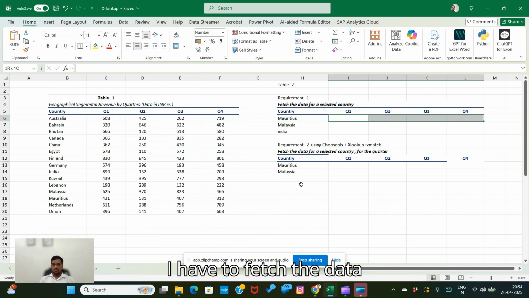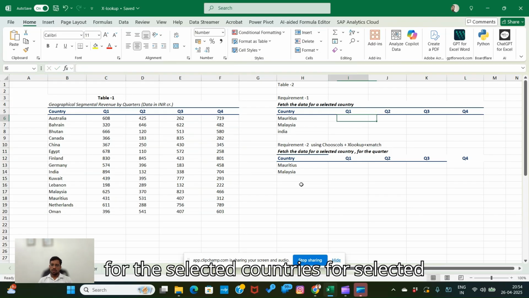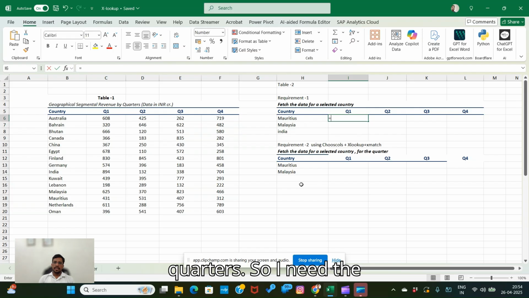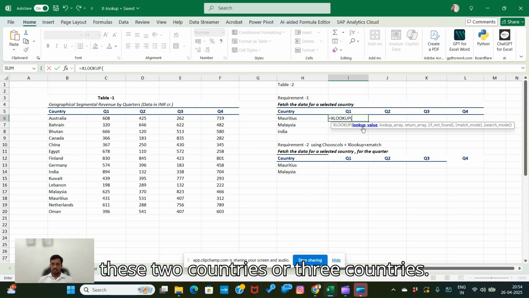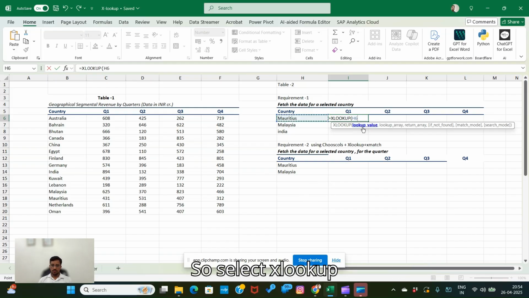In table number two, I have to fetch the data for the selected countries for selected quarters. So I need the result of all these quarters, one, two, three, four, for these two or three countries. So select XLOOKUP,